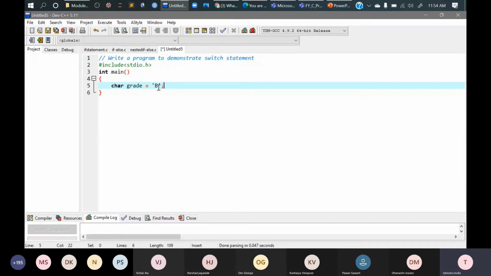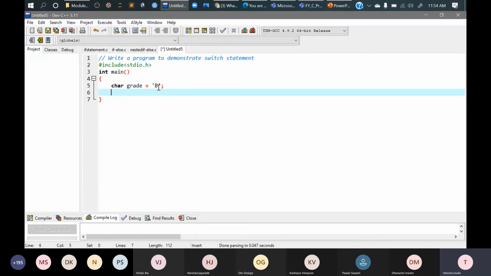So if the user is having B, what will be printed on his or her mark sheet? Now we'll put the different cases to check the grade of a particular student. Either it is A, B, C or D. If it is not any of these, we'll put him as fail. And if it is not A, B, C, D or F, that means he has entered something other than a grade. So we need to handle that too, that you have entered an invalid grade. So we'll check these conditions.